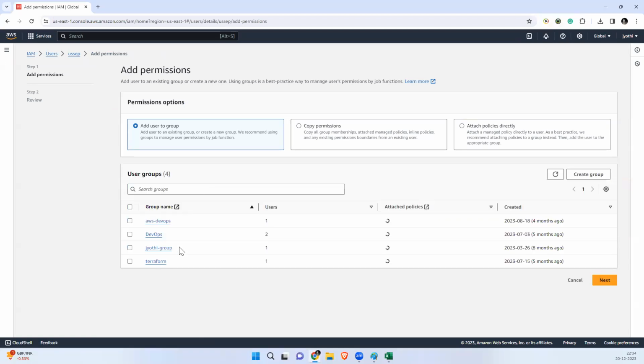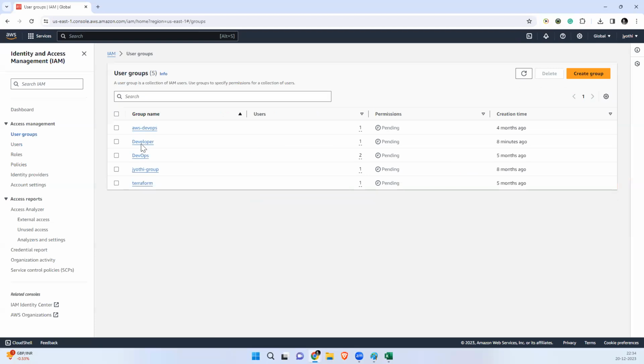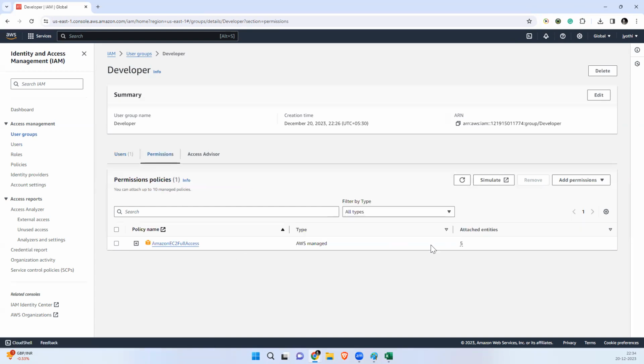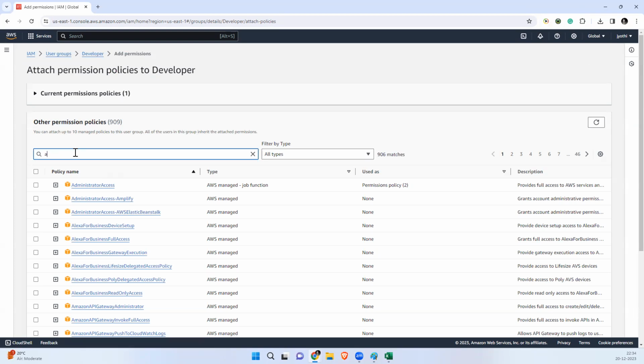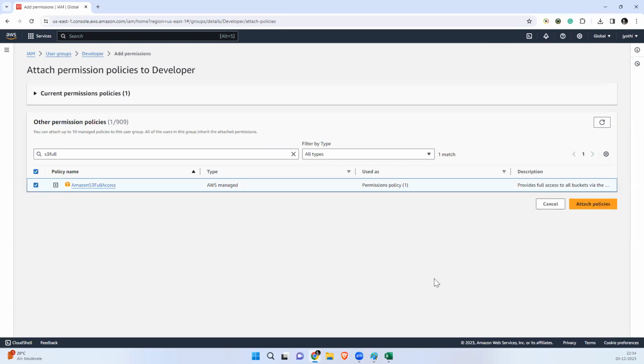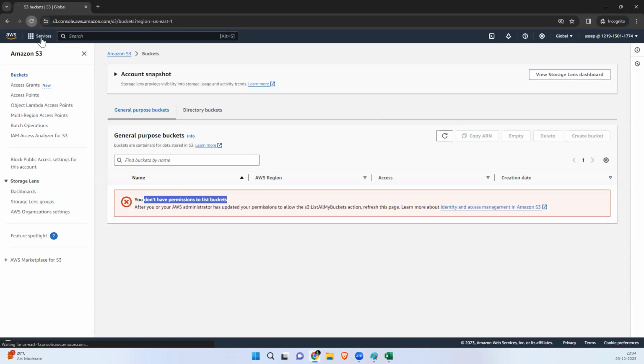So if you add another permission, attach the policies, Amazon S3 full access, then you are giving only EC2 and S3 access.